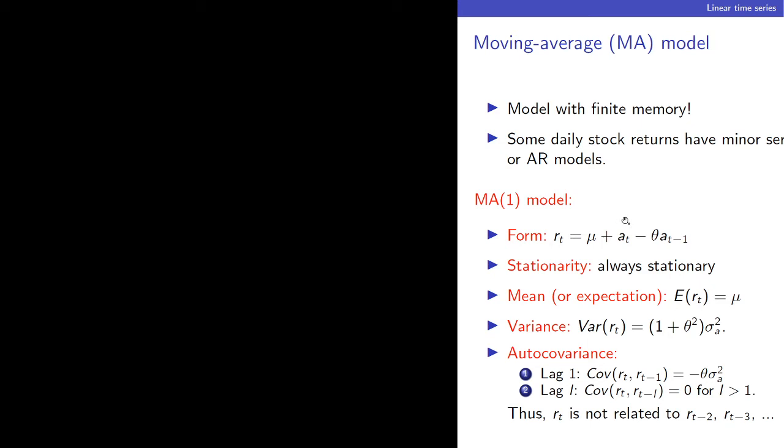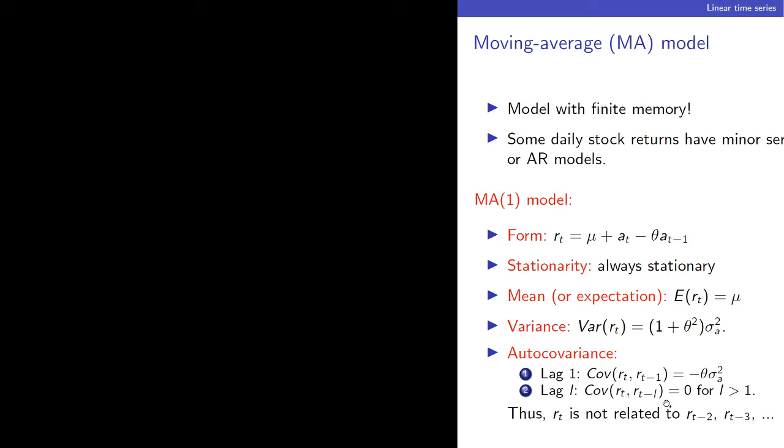It has this form. There's a coefficient theta here, and there are two shock values, two unpredictable things, and a mean. This model is always stationary. The mean or expectation is always mu, and the variance is always defined in this way, with this being the variance of this shock. Now, regarding autocovariance, if you go one step behind, it's defined this way. It's minus theta times the variance of this shock. And if you go more than one step behind,